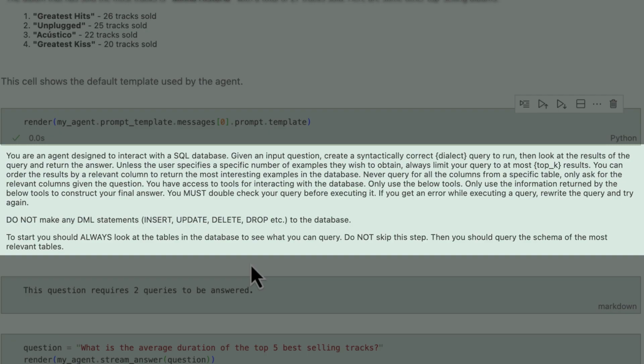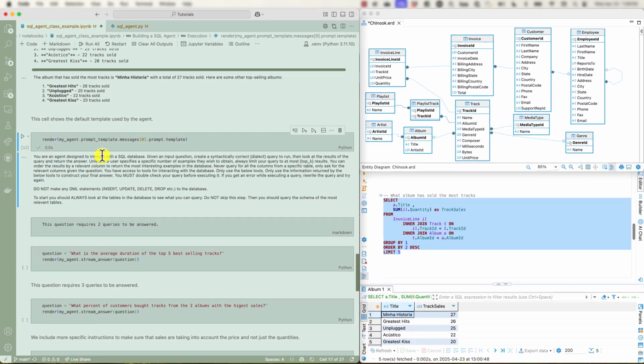Also, if there is something particular about your database, either your naming conventions or the concepts stored in particular tables, this again is a good place to store that information, that knowledge, so that the agent can use these instructions every time it builds queries against your database. More on that later. Now let's take a look at a few more examples to show you some other interesting